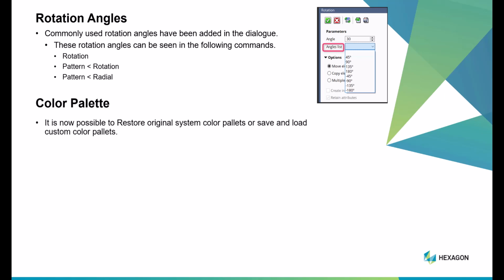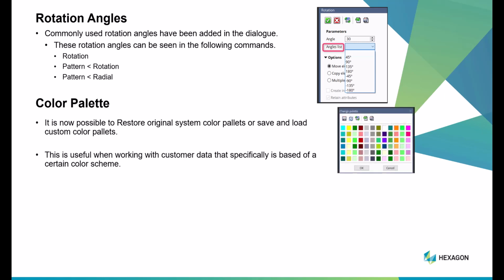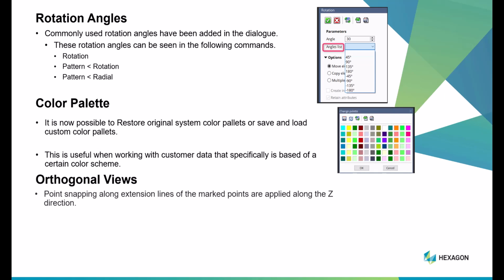Within Color Palette, it is now possible to restore the original color palettes on a save and load of a custom color palette. This is useful for when you're working on customer data that is specifically based on a certain color scheme. And in orthogonal view, you have the ability to do point snapping along an extension line to mark